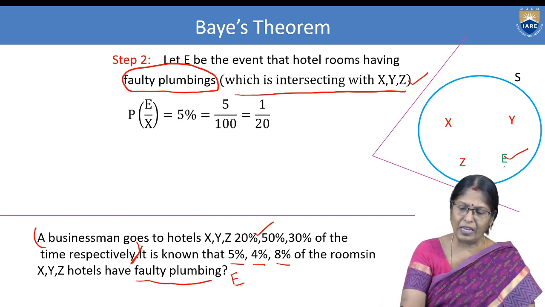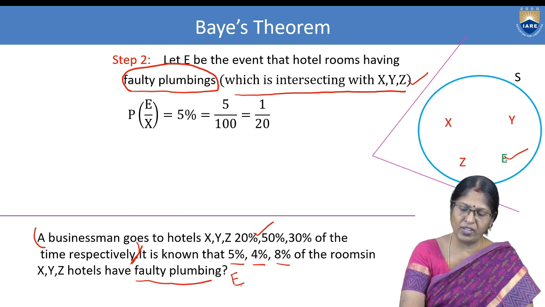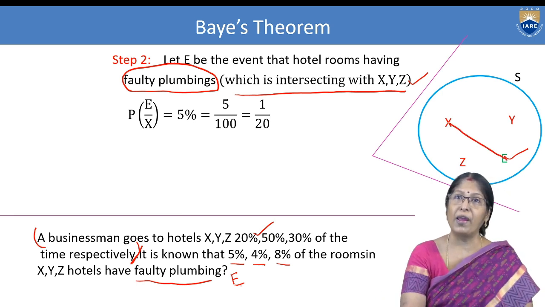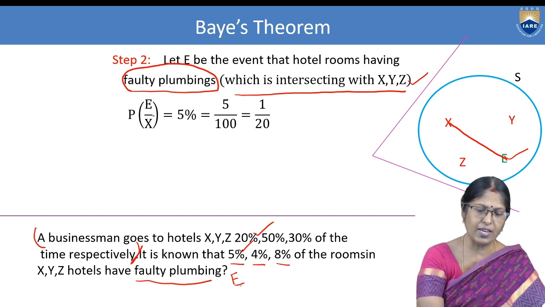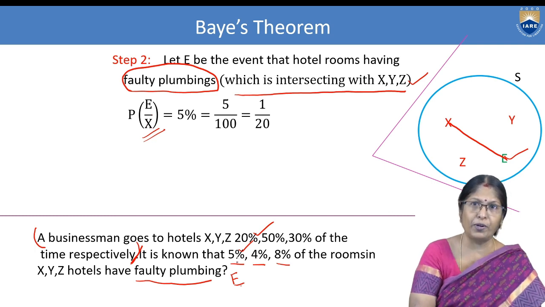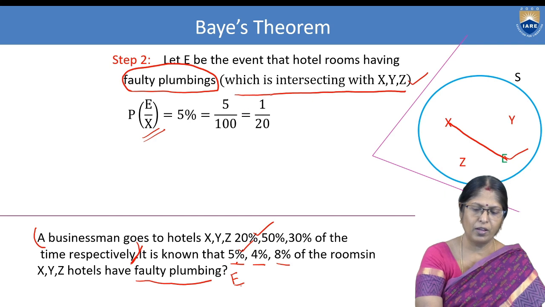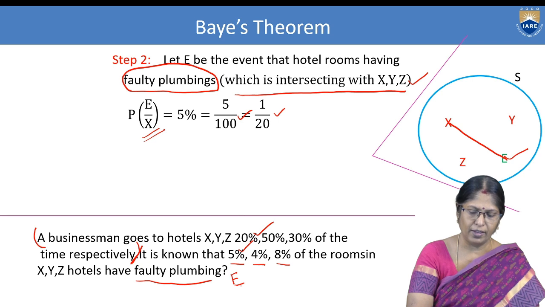Yeah. The new event we have given the name capital E is intersecting with our main event X. What percentage? It's nothing but 5%. So probability of E given X, this is how we will read it. E given X. What percentage? 5%. So 5 by 100. In the lowest form we put it as 1 by 20. Then the E is